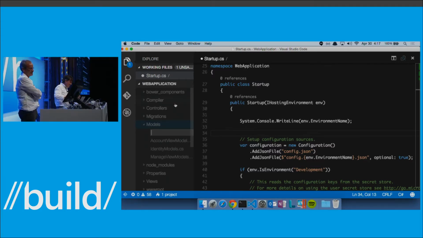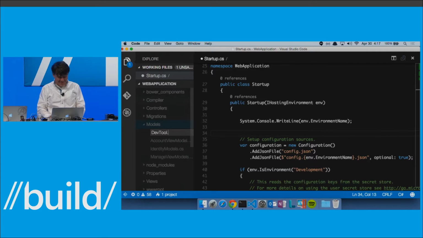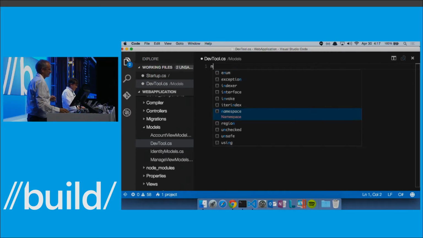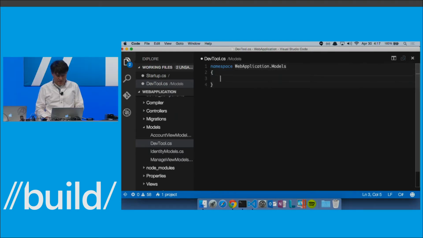All right, so we're going to go create a new model in here. We're going to call it DevTool. That's fantastic. And so I'm going to try to write some C# now. Be careful. But I'm going to use some snippets, so I can type namespace, and this is in the web application.models namespace. I'm going to create a public class. We'll call it DevTool,